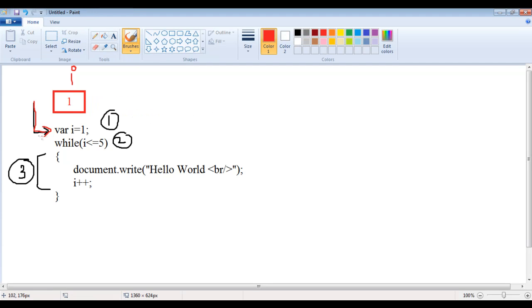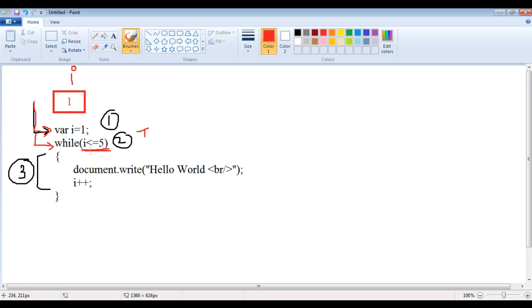After executing that statement, the control moves to the next statement, that is our while. There, first it checks the condition whether i is less than or equal to 5. i is 1. Is 1 less than or equal to 5? Yes, so the condition is true.